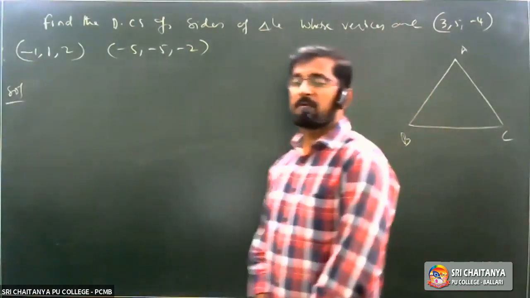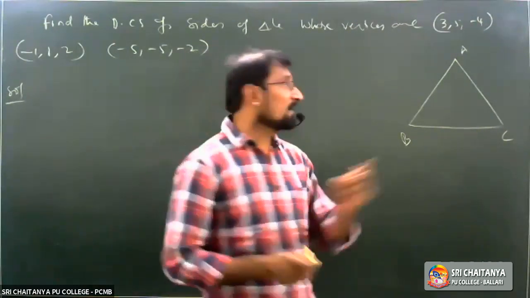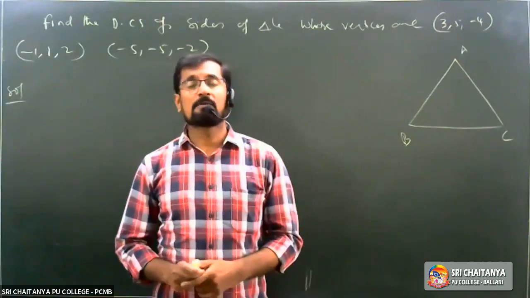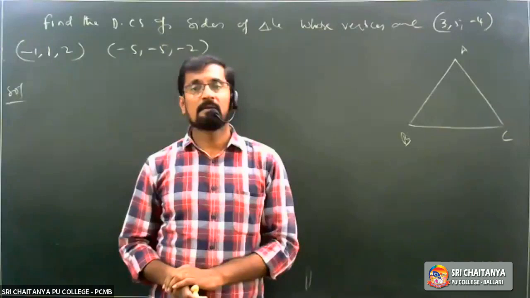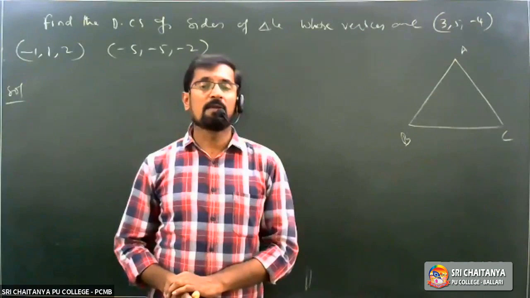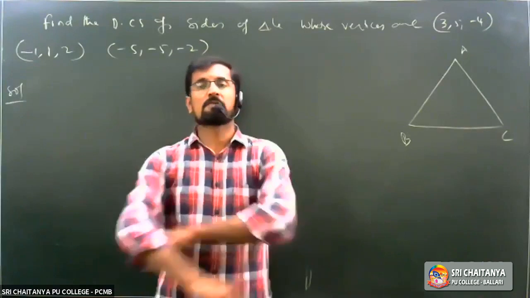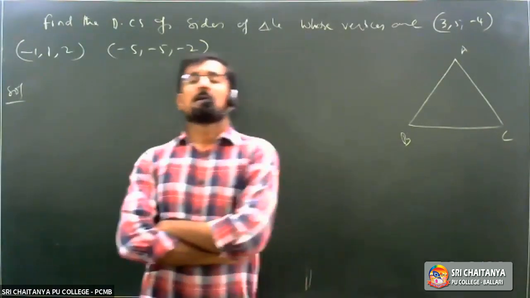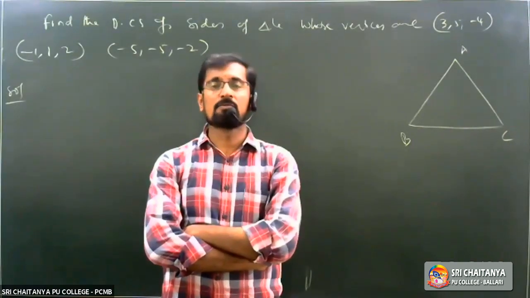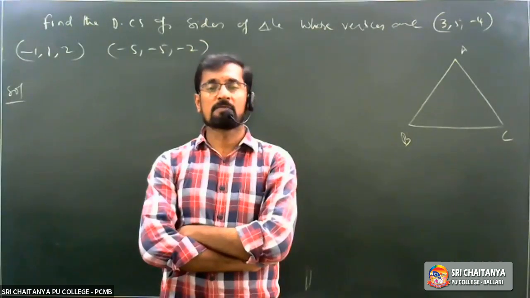Yesterday, at the time of the concept, I said, if you want to find out the DCs of one line, AB is a line, AB bar becomes a line segment, right? If you want to find out the DCs of one line, you require to find DRs. To find out DRs, that means to find out l, m, n, it is required to find small a, b, c. Why? Because those two are related: l is equal to a upon root of a square plus b square plus c square, m is equal to b upon root of a square plus b square plus c square, n is equal to c by root of a square plus b square plus c square.